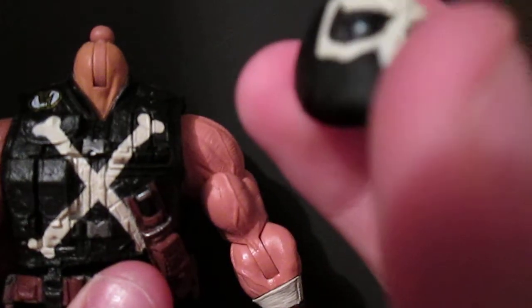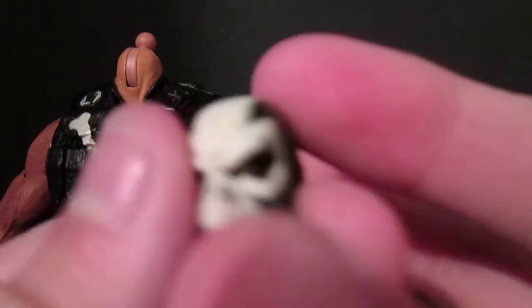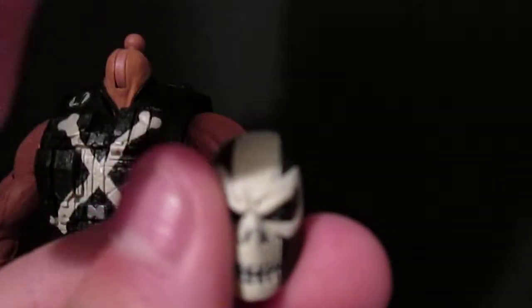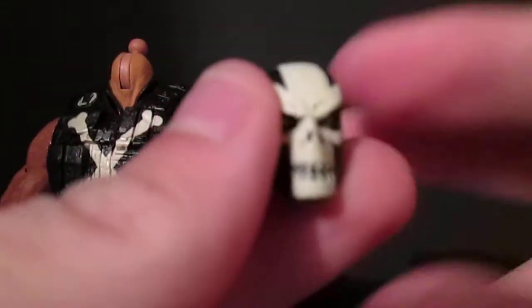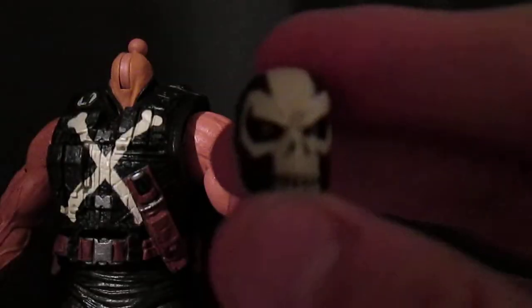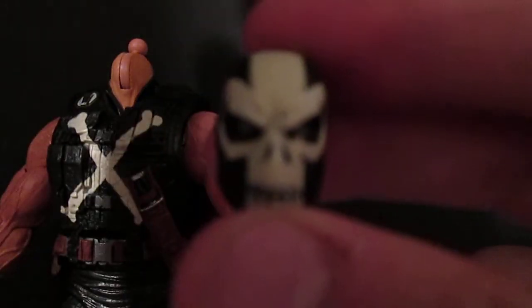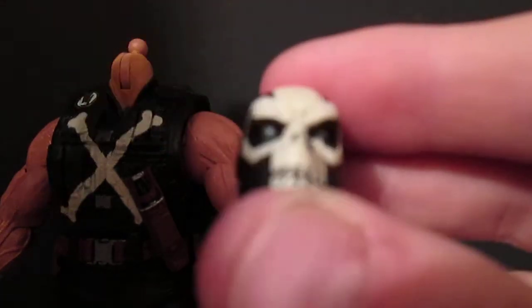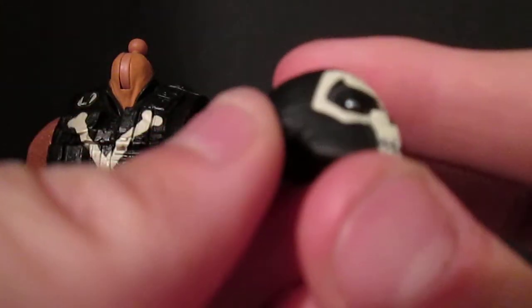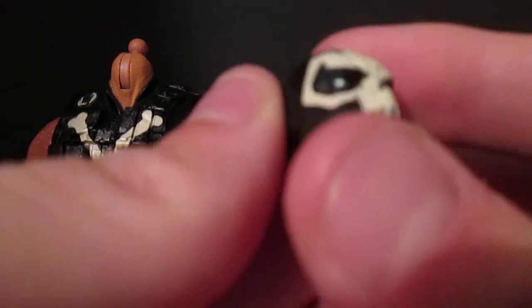No real paint problems. I don't know if... trying to get it so you can see. So focus. Sorry guys. So there's like a black dot going on or something up in his eyebrow area. I don't know if that was supposed to be there or if it's just there because of the paint, but